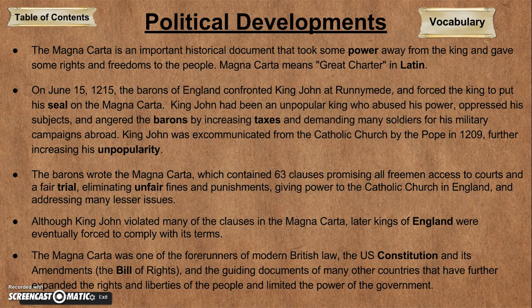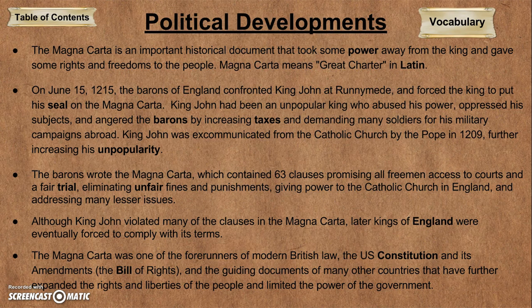So King John, inheriting probably not the nicest of thrones, again, having the Catholic Church and the local nobility not so happy with him, he ends up being forced, right, to sign the Magna Carta, which means Great Charter in Latin. Now, he was forced into this because he was really getting the barons upset by raising taxes.